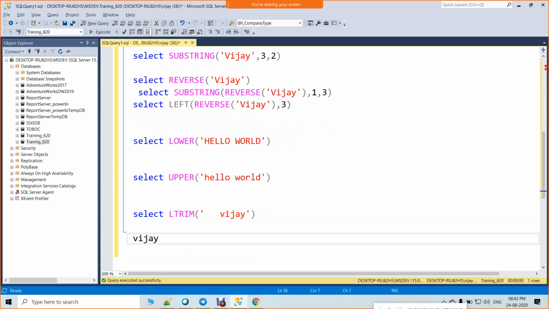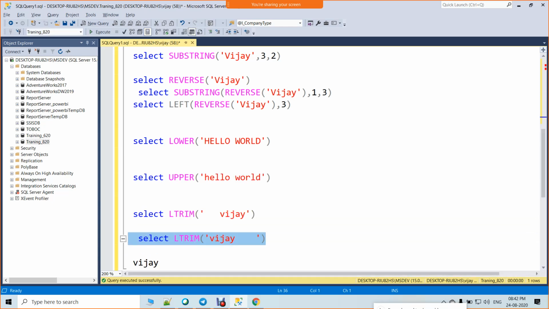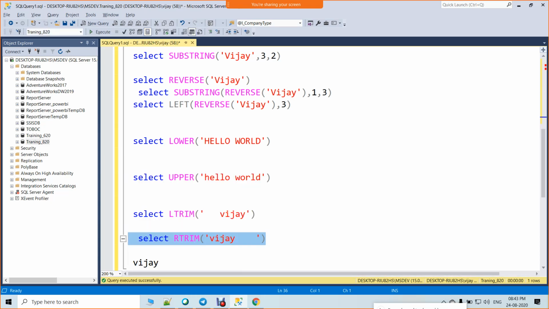There is a right trim also. Right side, if any spaces are there it will trim them out. Sorry, it's rtrim. Ltrim trims empty spaces on the left side, and rtrim trims any spaces on the right side.